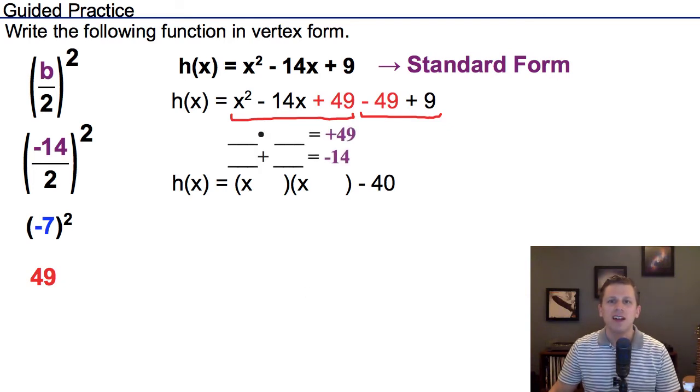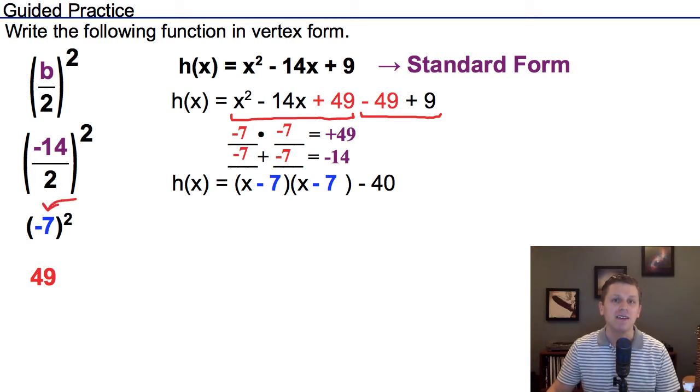Factoring the trinomial, I know I need two numbers that multiply to 49 and add to -14. Anytime we have something that multiplies to a positive and adds to a negative, they'll both be negative. In this case, those two values are -7. Remember that the values from when you factor are the same value that you got here when you took half